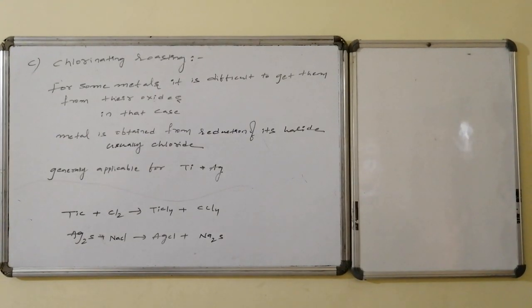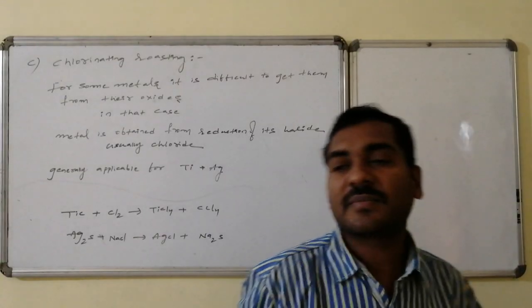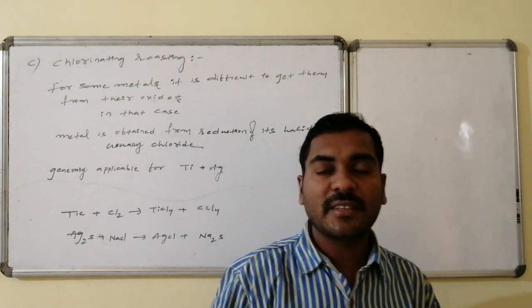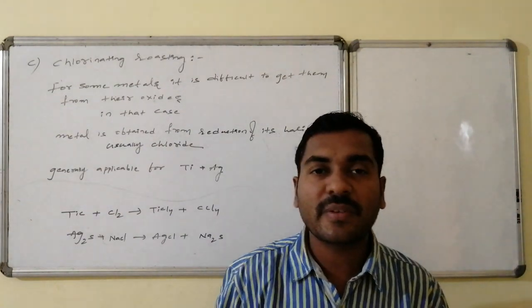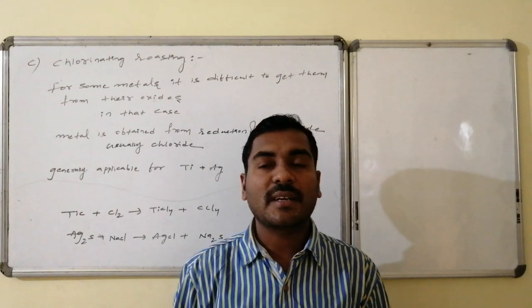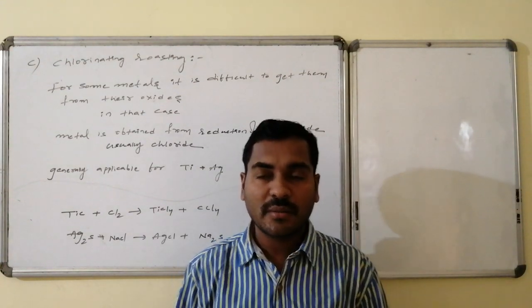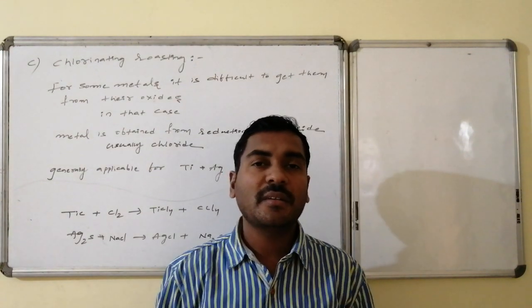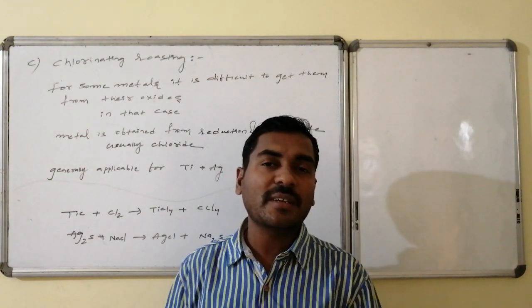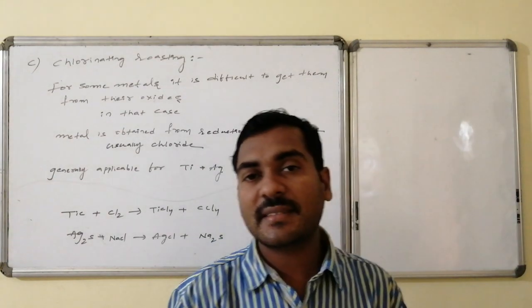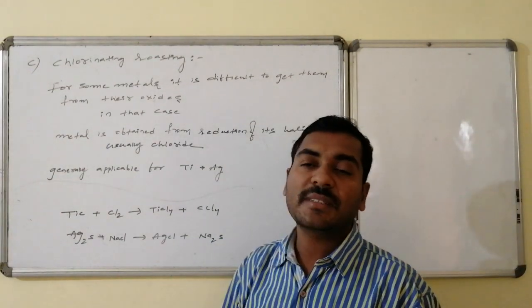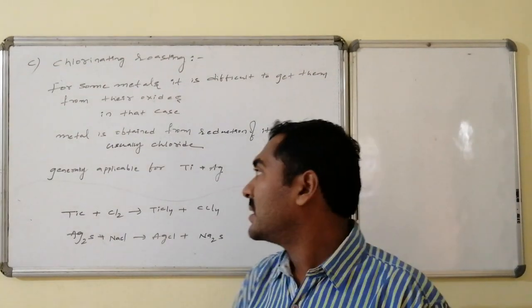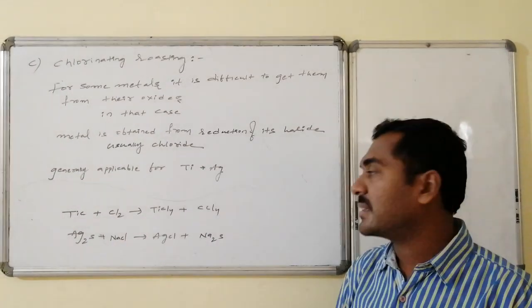The last variety of the roasting process is chlorinating roasting. There are certain ores where, if the ore is converted to oxide, the reduction of this oxide to the metal becomes very difficult. In such cases, oxide preparation is not proper, hence the ore is prepared in the form of its corresponding halides, since from halides the reduction becomes very easy. In such cases, the ore is converted to its corresponding chlorides and that process is said to be chlorinating roasting. It is generally applicable for titanium as well as silver.